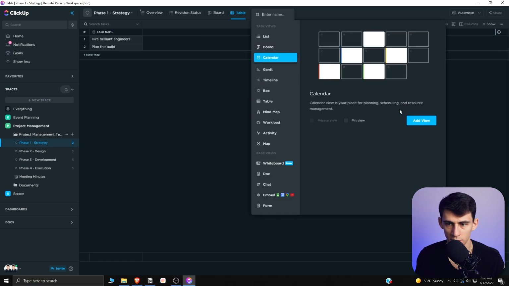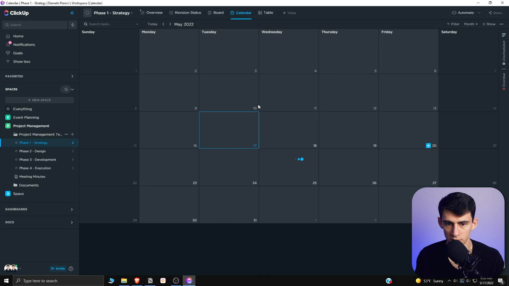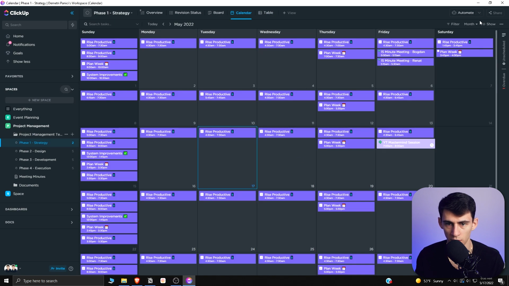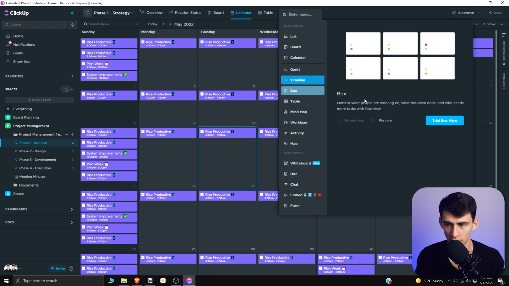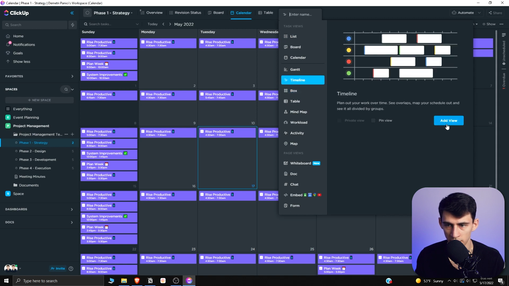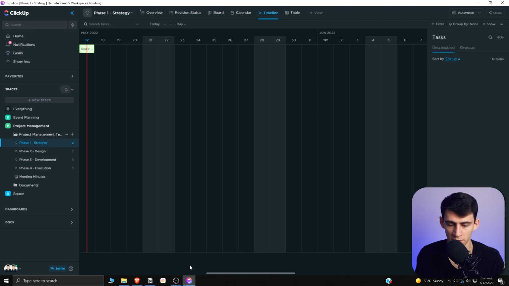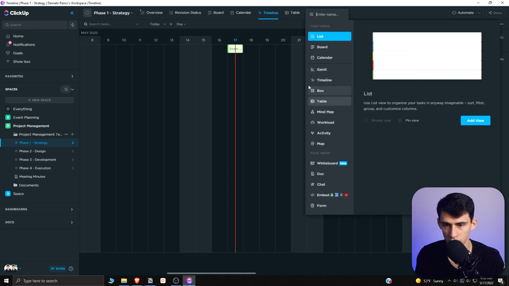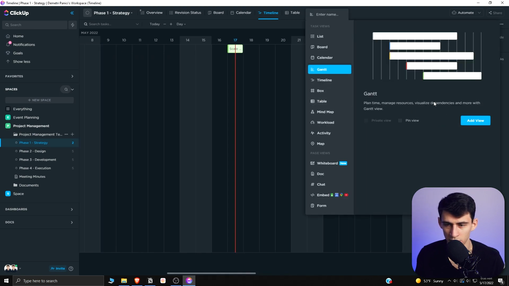And then the calendar view allows you to do a few things. You can see things like your Google Calendar. You can see your tasks on this so that you can see the historical side of things. And then some of the other options you have are the box view, which is an unlimited feature, a timeline view, which is good for projects and different steps of projects, a Gantt chart, which plans time, manage resources, and